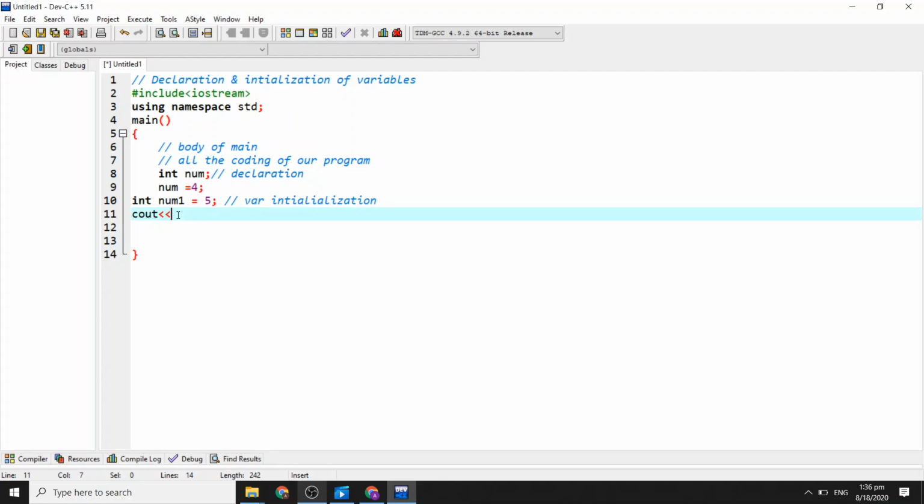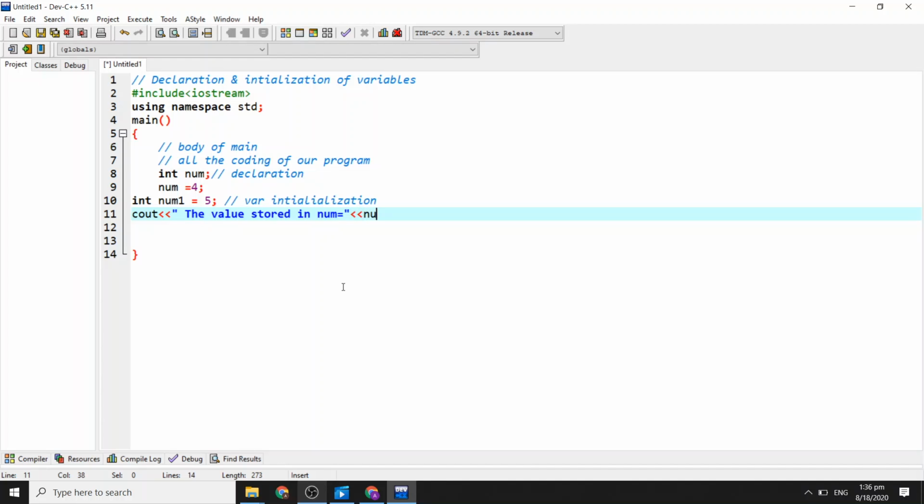Now whatever we write within the quotation marks, the value stored in num is equal to, then close the quotation marks, again the insertion operator.